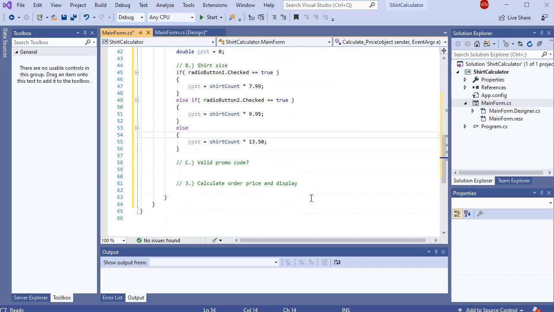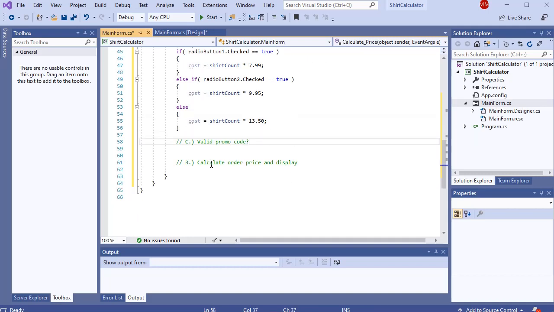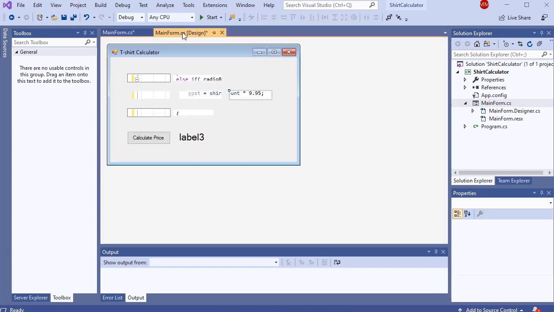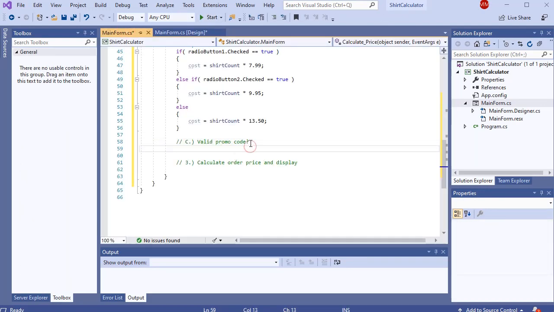Okay, next input is the promo code. Well, we said if they enter in a bad promo code, we just can ignore it, but a good promo code is going to be equal to the text true blue. The promo code is entered in TextBox 2's text property. So I can say if TextBox 2's text property is equal to the string true blue, then we will just